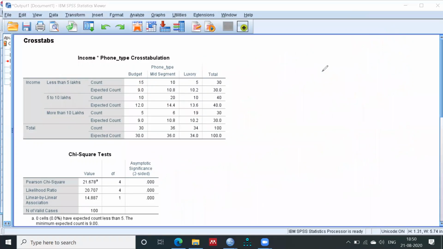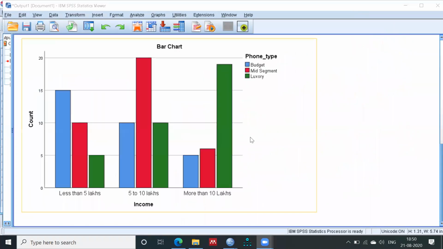All right. Now, I also selected this bar chart, and you can see in this bar chart, the person whose income is less than 5 lakh, the more count is for budget phone. Blue is for budget phone, right? So this is what we interpreted just now. And in the 5 to 10 lakh, the person who is using mid segment phone is greater than the others.